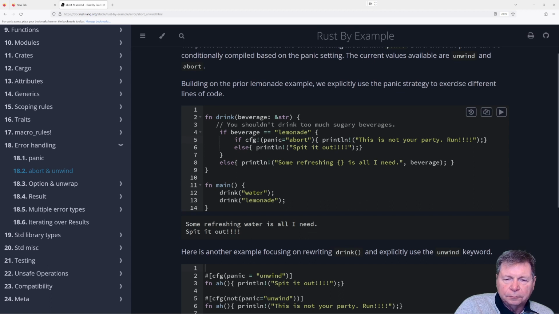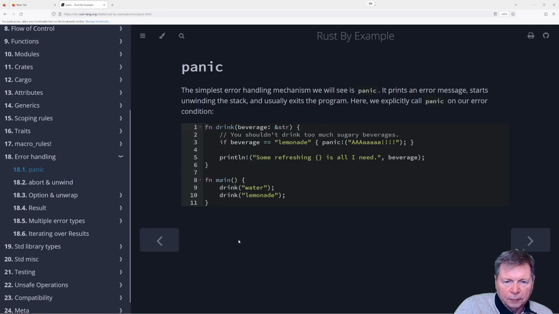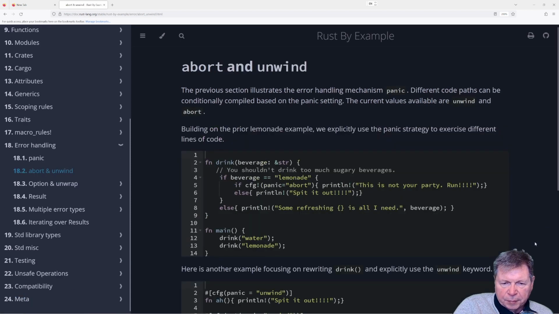Oh. Oh. So, hang on. Back here on the previous page, it was panic with an exclamation mark. This page has panic, no exclamation mark, equals abort, in brackets, and that's the function name.